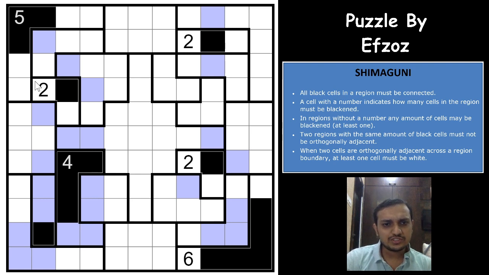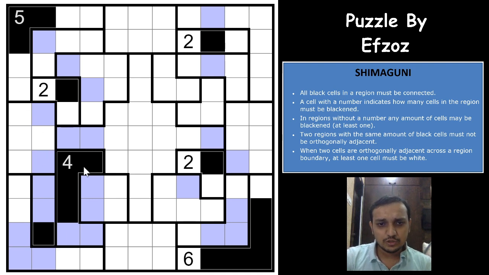There is a very good logic here. It wouldn't be much help, but I'm just showing how you can proceed with a few things in the puzzle. So as you can see, this region cannot have one cell shaded, because you already have this region as one cell shaded. It cannot have 2 cells shaded, because you have this region as well as this region which will have two shaded cells.